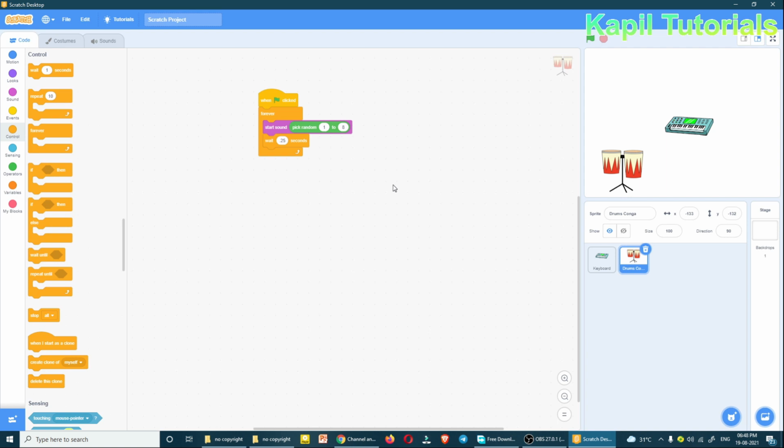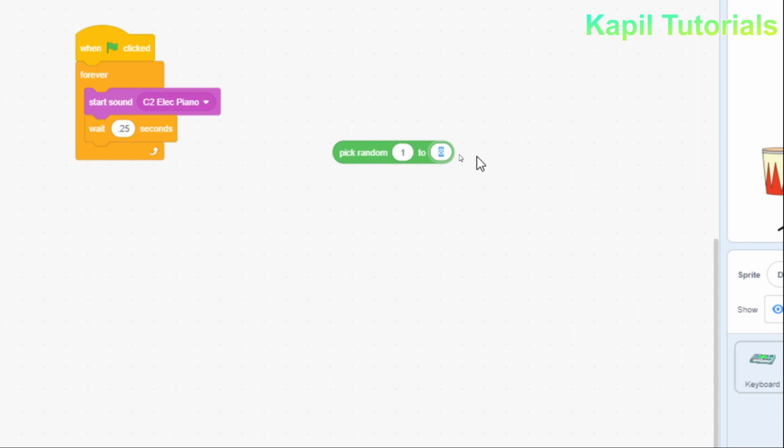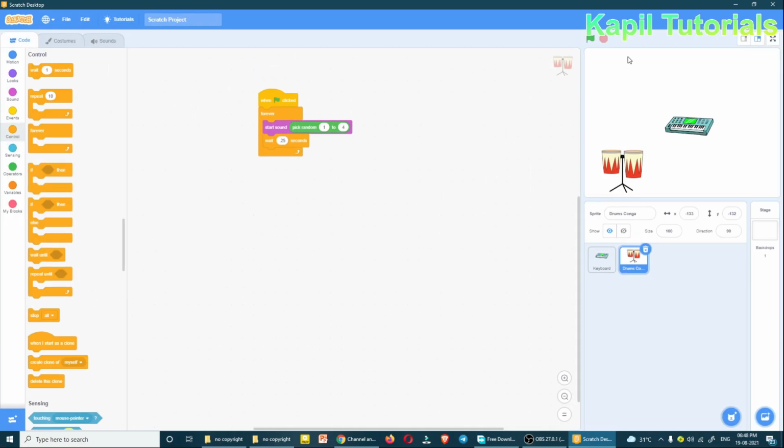Before going ahead, I'll take out this pick random. Why? Because in drums I have to check how many notes there are: high Congo, low Congo, muted Congo, tab Congo. So it is 1 2 3 4. I'll make the change here: pick random 1 to 4, because if I take 1 to 8, the notes 5 6 7 have nothing there and nothing will be played. So I'll drop it here again. Now if I play this, you can hear an orchestra sound being played.